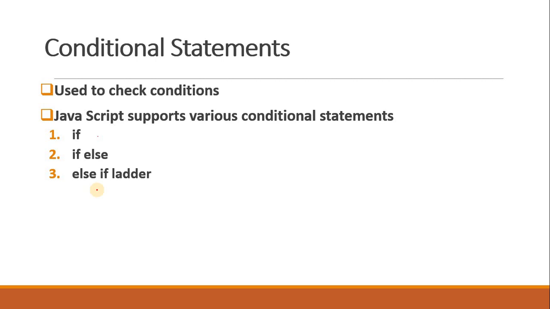If you want to perform multiple operations based upon whether one condition is true, if not then whether the other condition is true, and if some other condition is true, so if you want to check multiple cases against each other, then we use what is called the else if ladder. Now one big mistake that most people make is they call if-else and else-if loops. So always remember, if-else and else-if are not loops, but conditional statements. So don't get confused between loops and conditional statements.